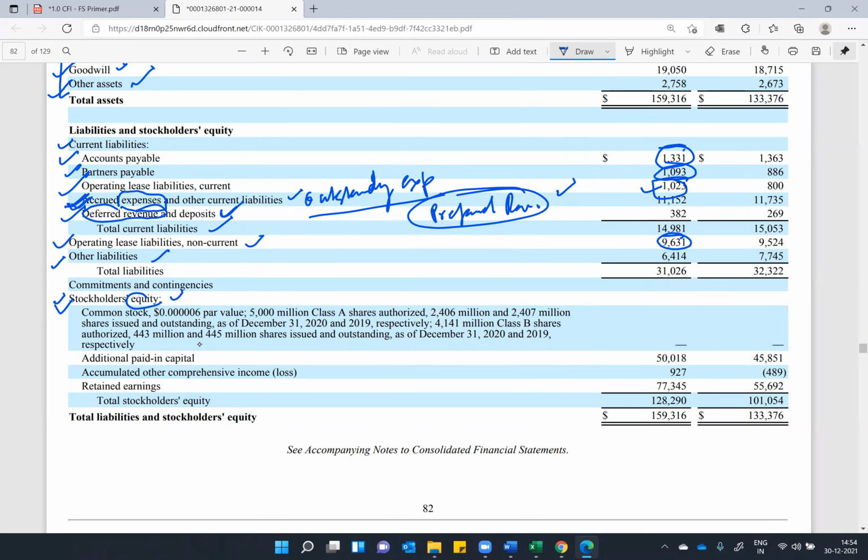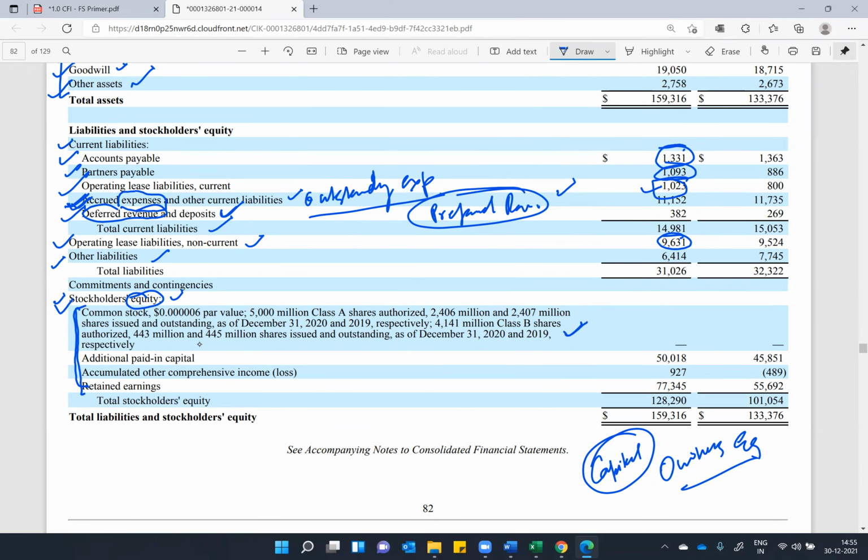So stockholders' equity is the other form of capital. It is called owner's equity because all the investors who own this business, their amount comes in the liability section under stockholders equity. There are separate 3 to 4 line items that we have under stockholders equity. One is common stock, right? You can also call it an on-paper par value number that will come here.